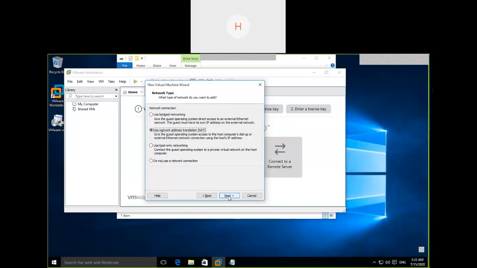What are the two networks? One network is whatever IP address you have on your desktop. The other one is the VMware Workstation network, which is a different network selected by default during installation. So leave this default option. It acts as a router between your local network and this particular VMware Workstation software network. Okay, proceed with next.